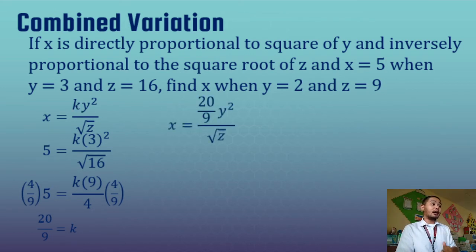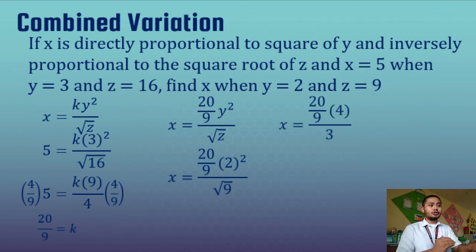Next, focus sa task. Ang sabi, find X, or determine the value of X when Y is equal to 2 and Z is 9. So yung Y, papalitan na natin ngayon ng 2 and yung Z, papalitan ng 9. Simplify natin yan. Yung sa numerator, 20 over 9, okay pa yan. Hindi na yan mas simplify. Yung 2 raised to 2, or 2 squared, that would be 4. Yung sa denominator, the square root of 9, that is, you're correct, 3. Ayan siya. So yung sa numerator natin, that is 20 over 9 times 4, that would be 80 over 9